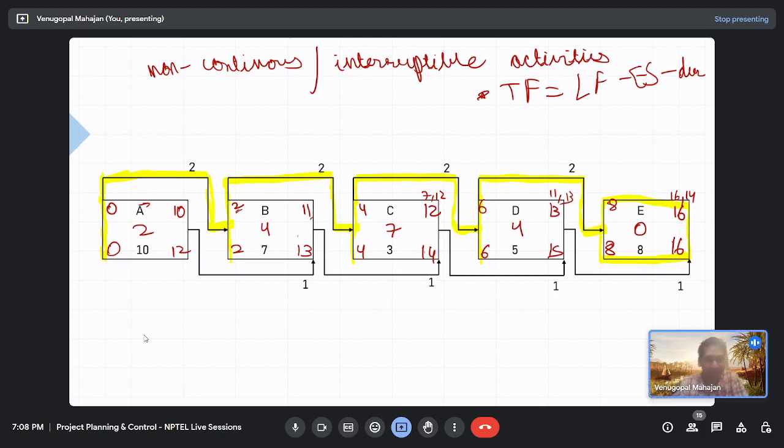So did you guys find something different in this case? I mean, whatever you were solving till now, CPM and PDM. What do you find more useful, CPM or PDM?